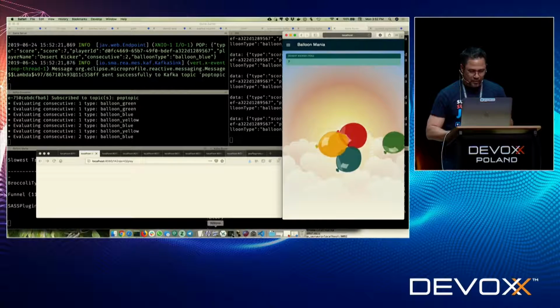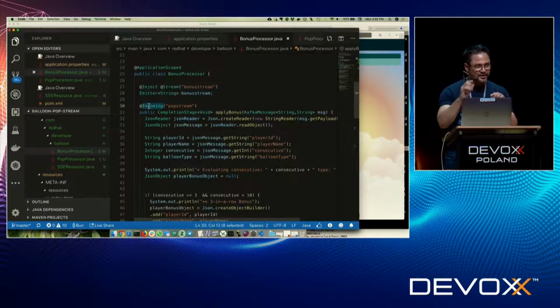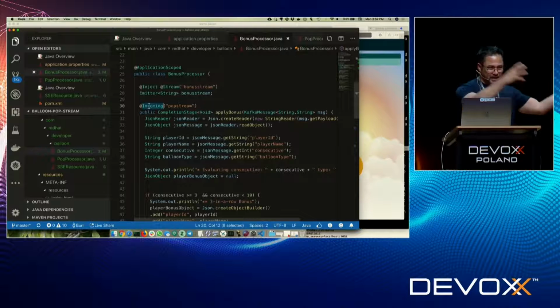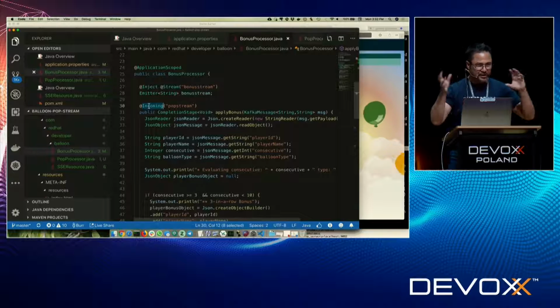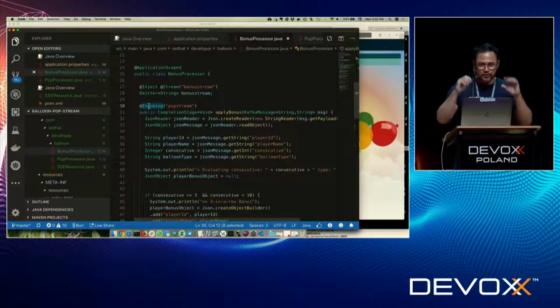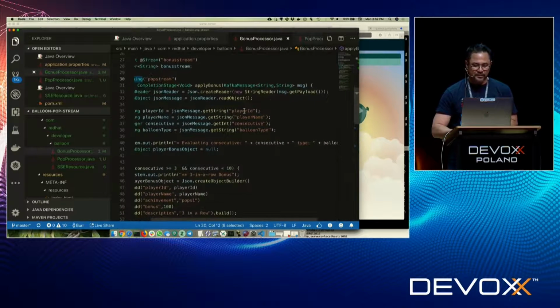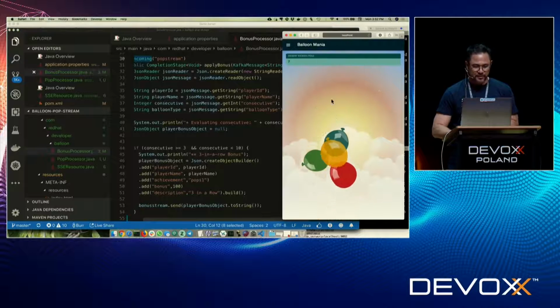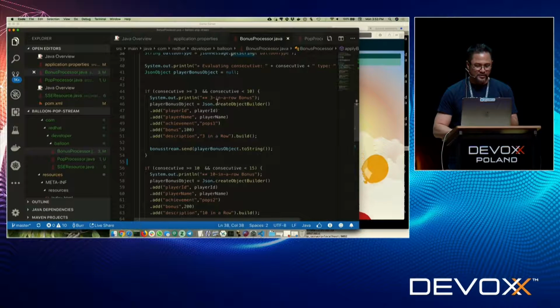Now, let me look at the code just briefly for the pop stream analyzing tool. This actually uses something called reactive messaging, which we'll talk more about in a second, and I'll walk through it a little bit more slowly. But reactive messaging basically has this concept of incoming, and you're going to see outgoing. Incoming is the inbound stream, and outgoing is the outbound stream, and then you decide what processing logic you want to put in the middle of that, what filtering logic, what transformation logic. And in this case, I'm simply ripping apart the inbound JSON object that comes from this JavaScript client. This is a browser-based client in this case. And it's going to look for things.